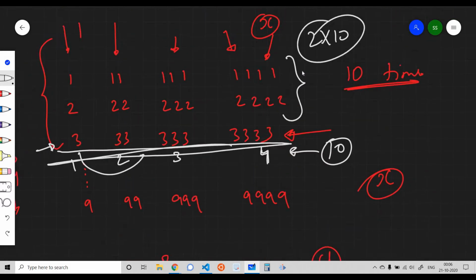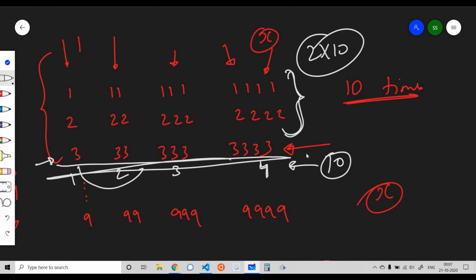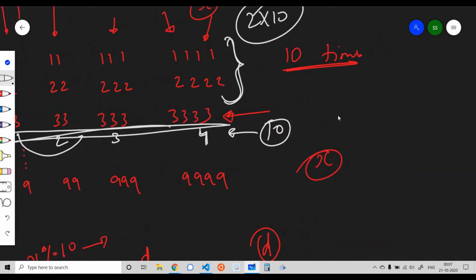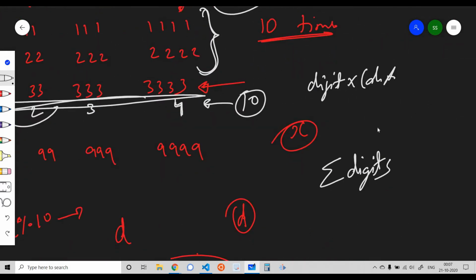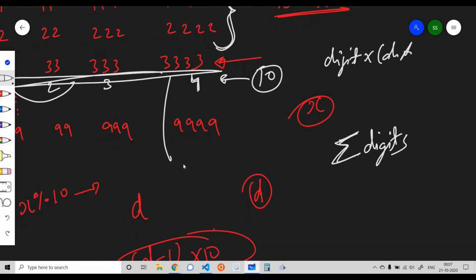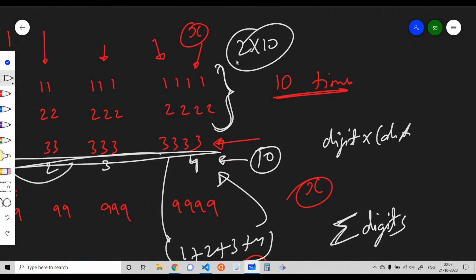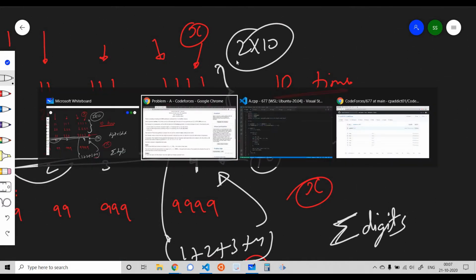We have calculated the number of key presses for all the rows prior to this one, so it is equal to the number of digits. Suppose there are n digits in our apartment, then it is equal to the summation of the first n numbers. For 4 digits, it would be equal to 1 plus 2 plus 3 plus 4. This is for the current row, and for previous rows we have already found the number of key presses.